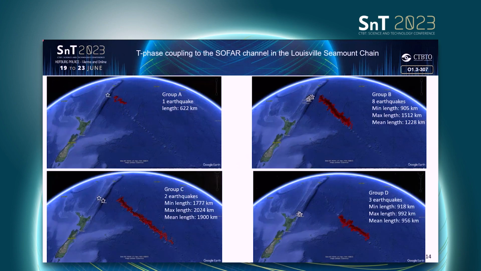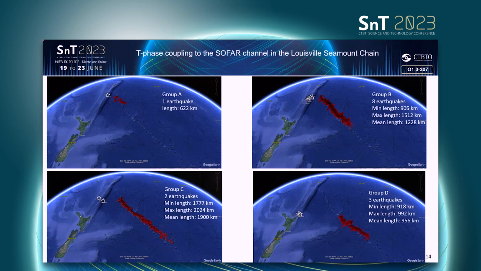Okay, so this is a summary of our results at this stage. We grouped these 16 earthquakes based on the location of the epicenter. Group A is only one earthquake, very far in the north. We analyzed where the T phases along this seamount chain were triggered, in this area. Here we have group B, 8 earthquakes all located nearby, then group C, and one more